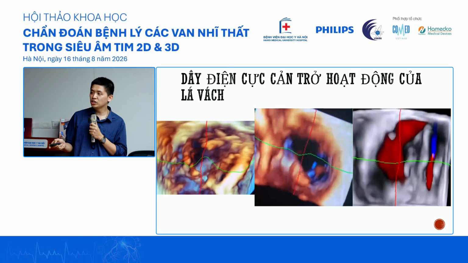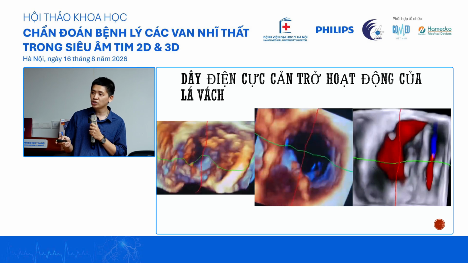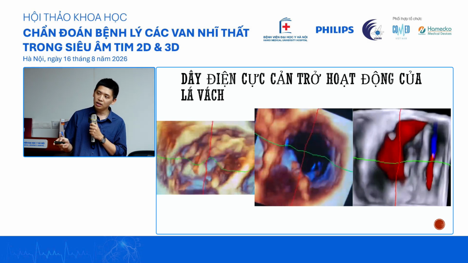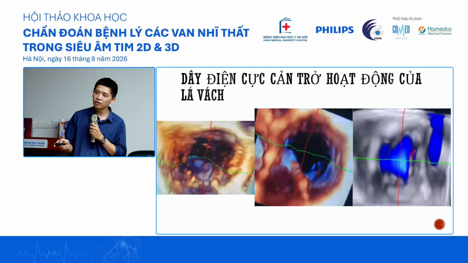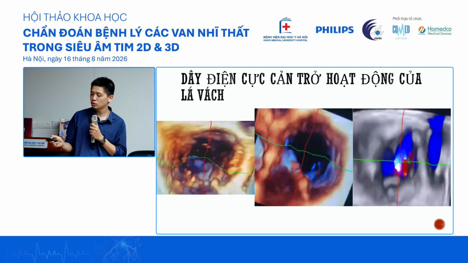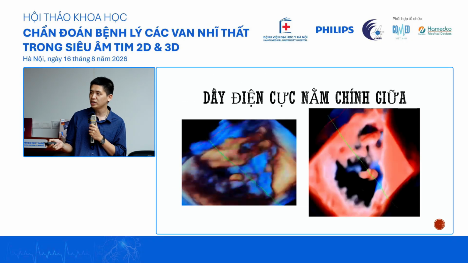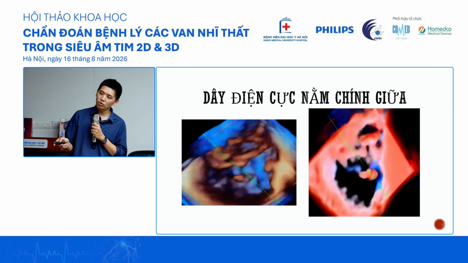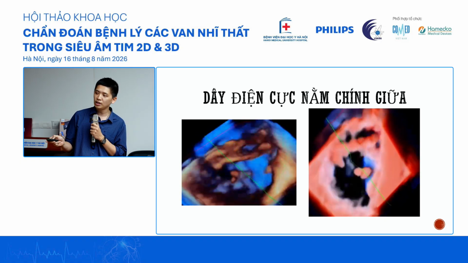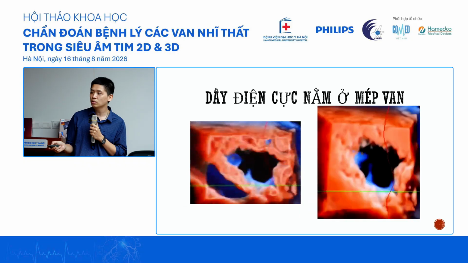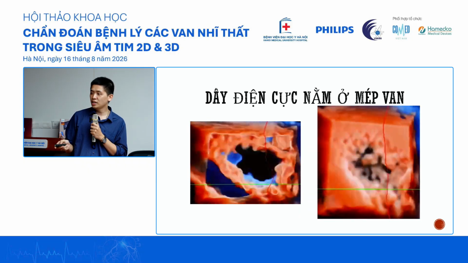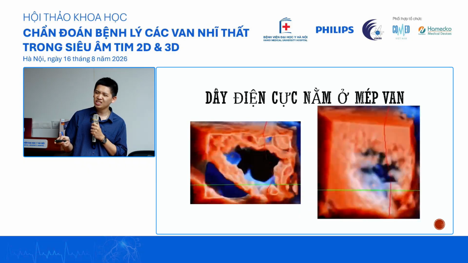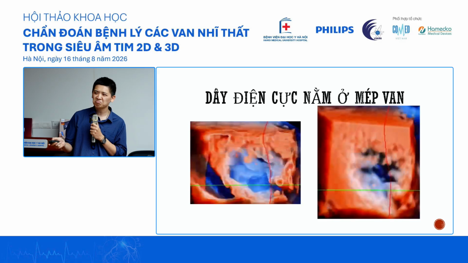This is a case where a patient has severe tricuspid regurgitation; you can see the lead impinge on the posterior leaflet here, so it cannot coapt, and you see a big jet coming from the middle. This one is where the lead stays exactly in the middle of the tricuspid valve. It didn't affect the function of the valve at all. This one stays in the commissure, and you can see somewhat of a separation here, but not much.